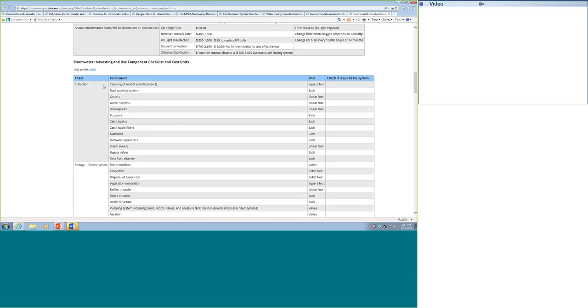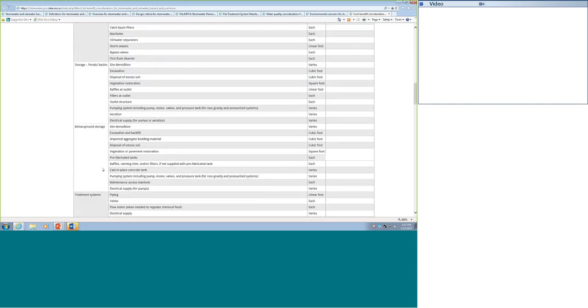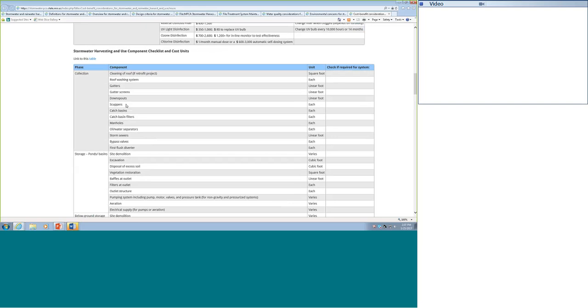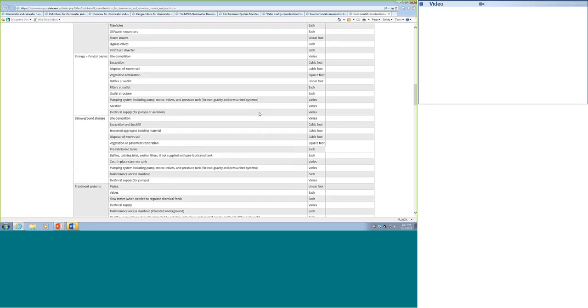It's just lists based on phase. Collection system, storage system, below ground storage. What are all the different cost components? This is just to aid in developing a cost estimate. So, the units, and then kind of figure out which ones are applicable in your system to help you develop